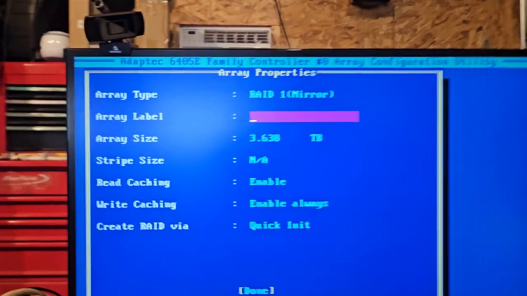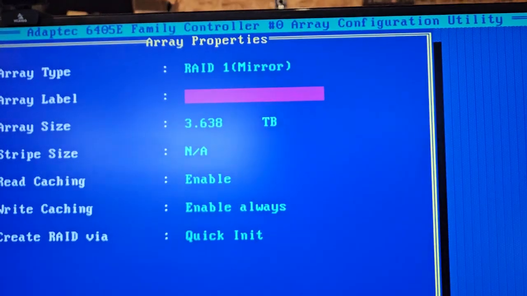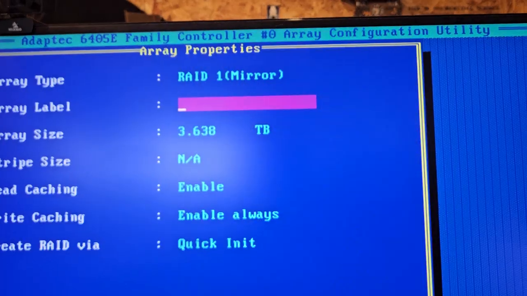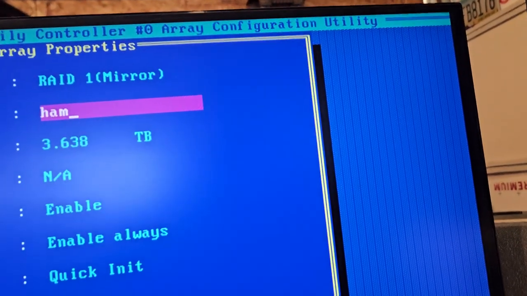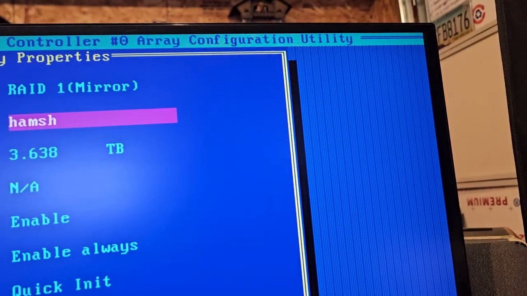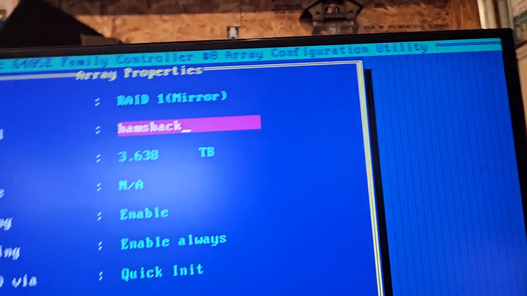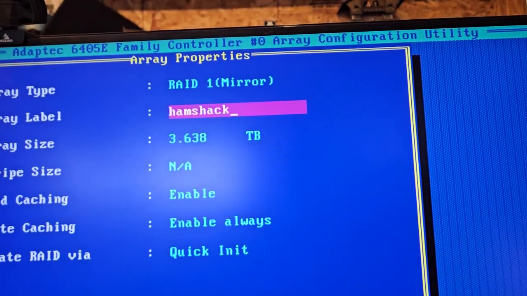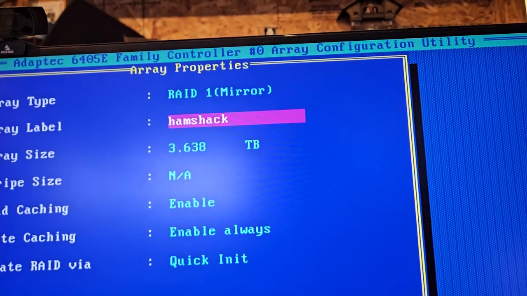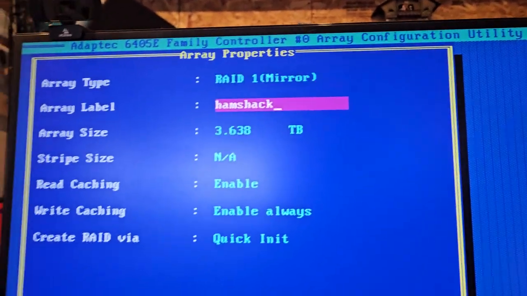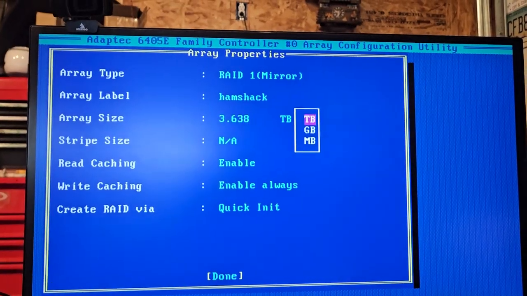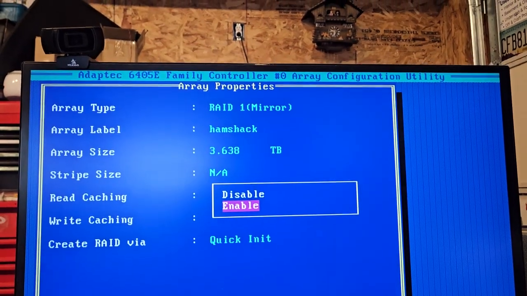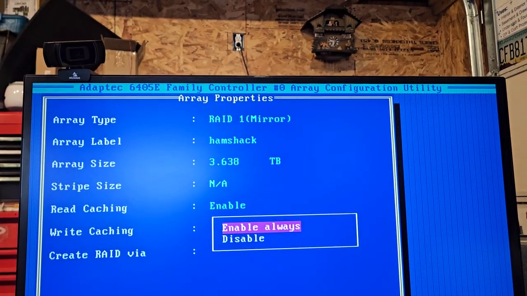Array label. What is, I don't know what to call it. Ham Shack. We'll call it Ham Shack. Clint will like that one. 3.63 terabyte. And then I guess we click enter, enter, enter, enter,